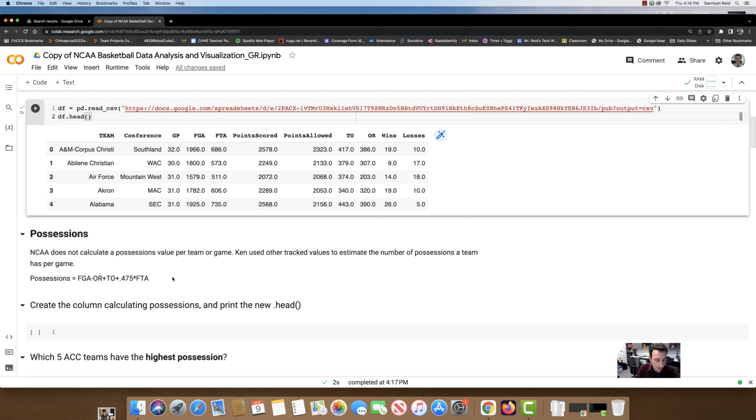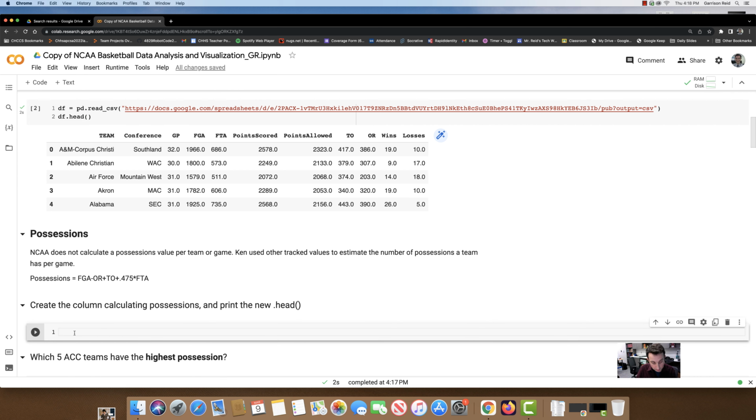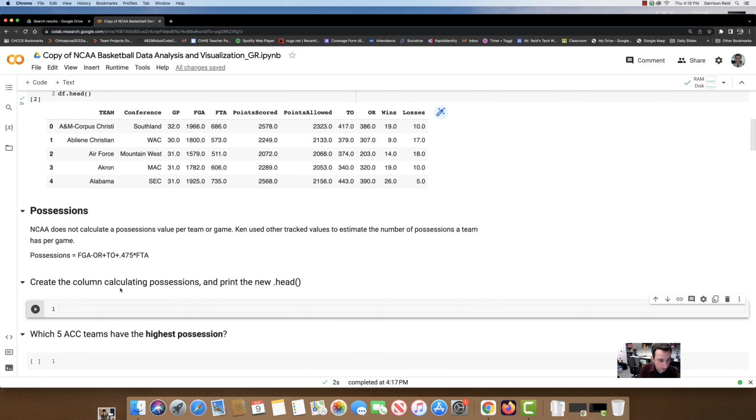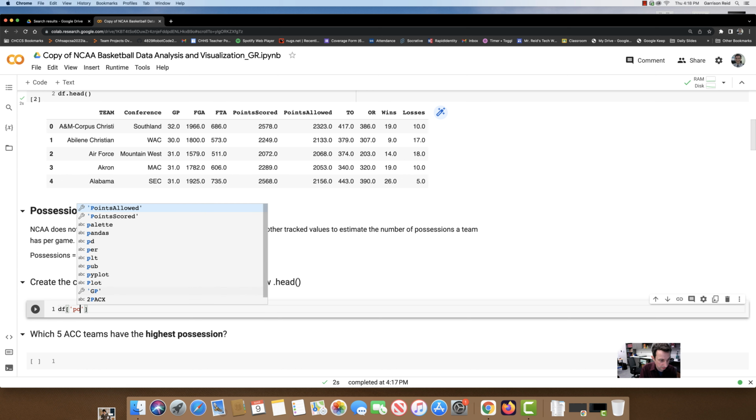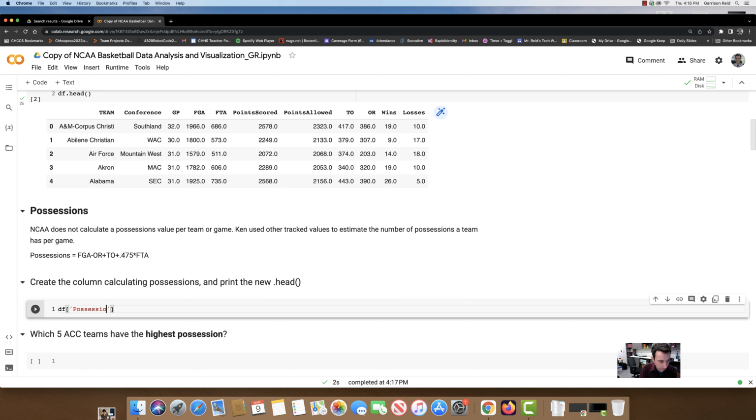And this was the case for a number of years where the possessions was not calculated. So he created this equation: the field goal attempts minus the offensive rebounds, plus the turnovers, plus, and he kind of made a thing like this. So let's make a new column that is df called possessions. Possessions is equal to df.fga minus df.or plus df.to. And again,